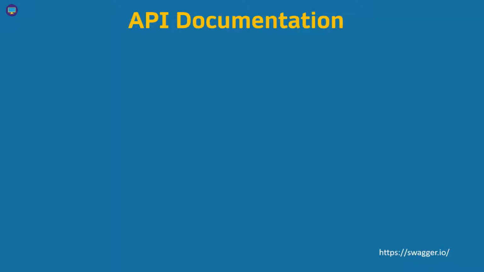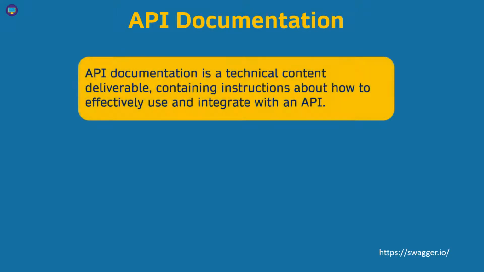One of the most important questions that we have to answer in this course is what exactly is an API documentation. So an API documentation is really just something you can deliver to people and they can use that to understand exactly how to effectively use or integrate with your API. So it's just a way that you're gonna be able to tell them, say, hey, if you want to use